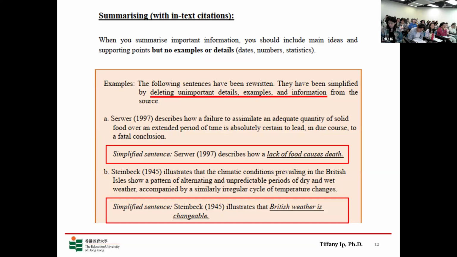The example is here for A. Can you read A on your slide or on the screen? Starting from Server, 1997. Okay, a lot of big words here. Actually,